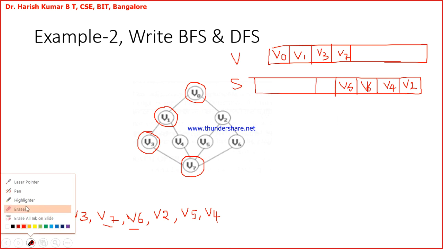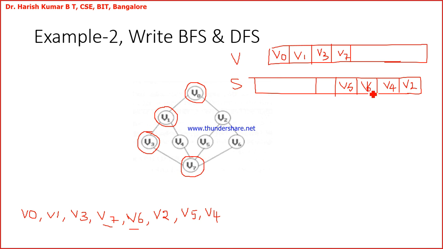Now V6 and V5 are added. Top is pointing here right now. So top is pointing here, and next node to visit is either V5 or V6. So if you are writing V5 first and V6 later, so you'll be visiting V6 first and later the V5. Okay. Now V5 I am visiting. This sequence is also correct. After V7 you can have V6 also. Okay, people are understanding what I am telling?